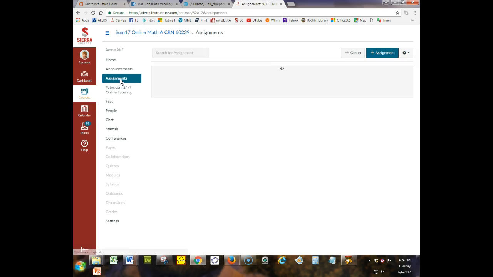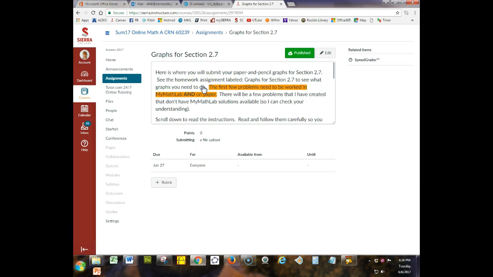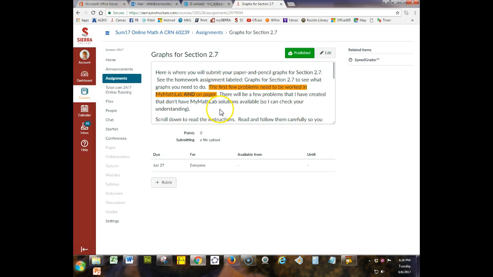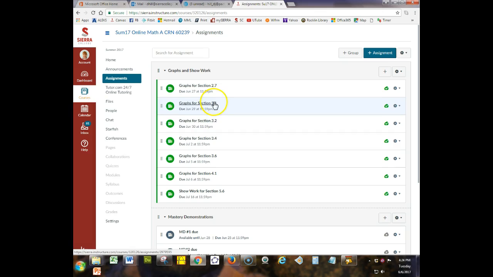So here's the assignments area. So you're going to click on the appropriate assignment. If you're doing the graphs for section 2.7, you click here on graphs for section 2.7, and it has instructions here. And then when you do it, it's going to have a way for you to upload your work. So that's the part that you'll be doing. And you can see here that there's several graphing assignments, 1, 2, 3, 4, 5, 6 graphing assignments, and then section 5.6 is polynomial long division, and I like to see that work shown also